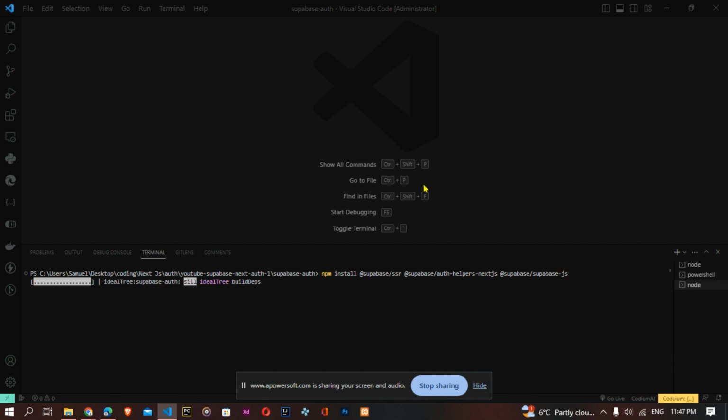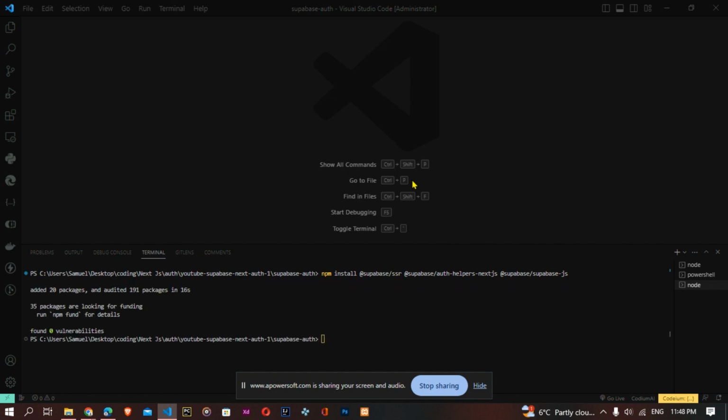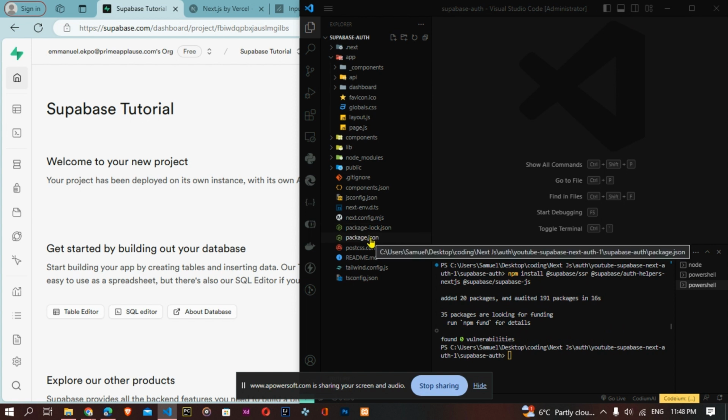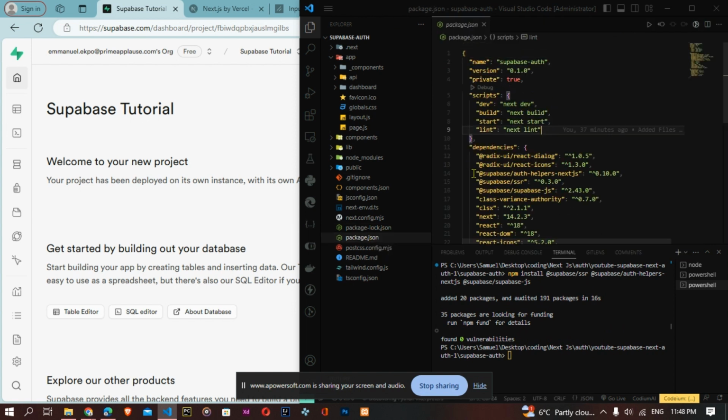You hit enter. That should take a while. And now that is done, if you go into your package.json, you can see that it has been